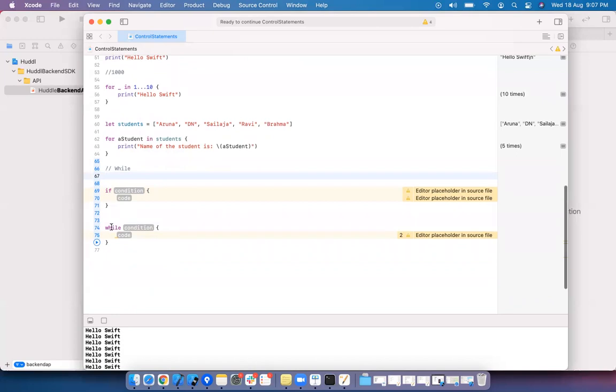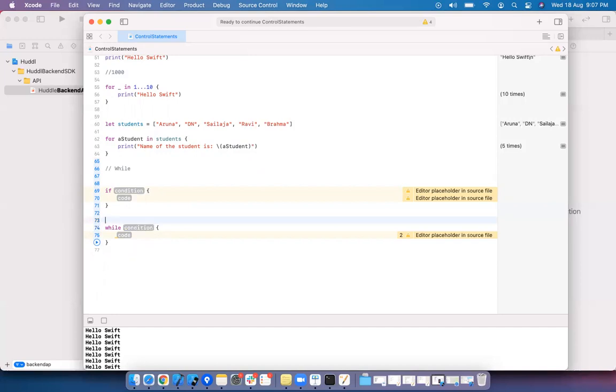Here, with while, if the condition is true, go and print the number of lines you have inside, and again check the condition. Go and print. Again, check the condition, go and print. The loop will be iterated unless the condition is false. Then only it comes out.